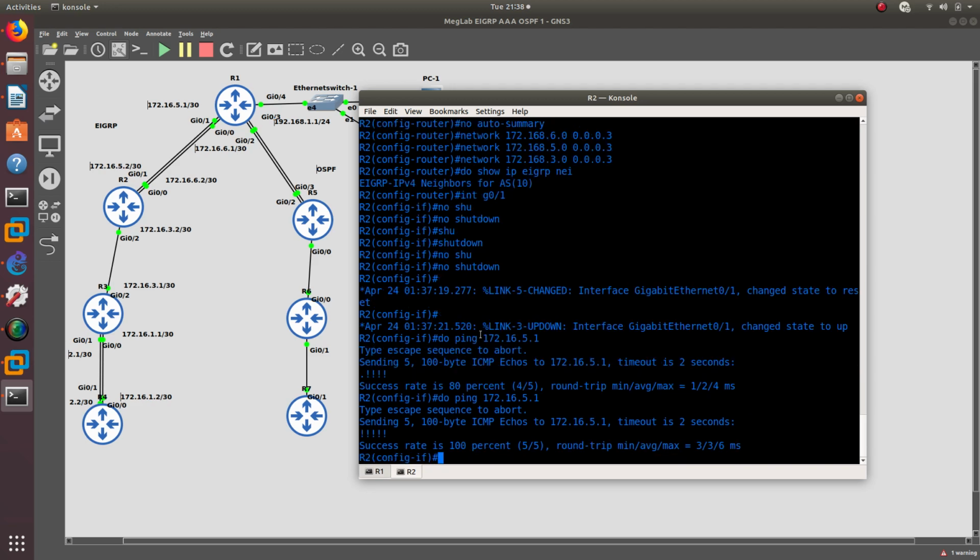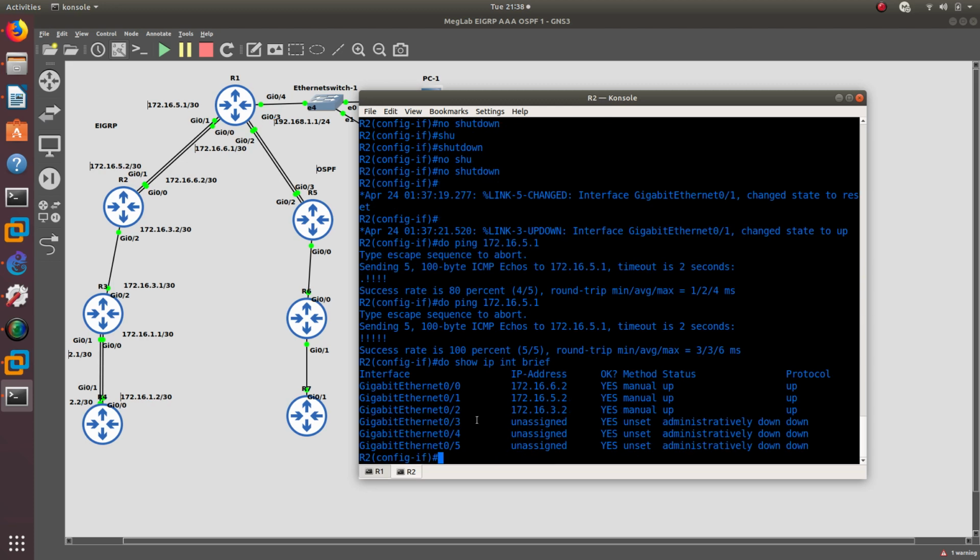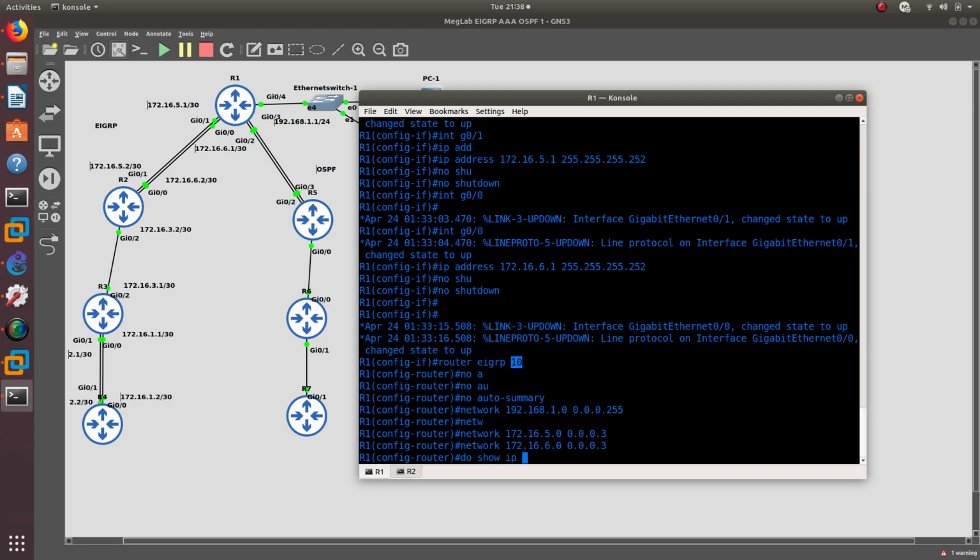EIGRP. Oh, that is good. Let's do show IP interface brief, my favorite command. So on 00 is 16.6.2, on 01.5.2. Let's go to router 1, do show IP interface brief,